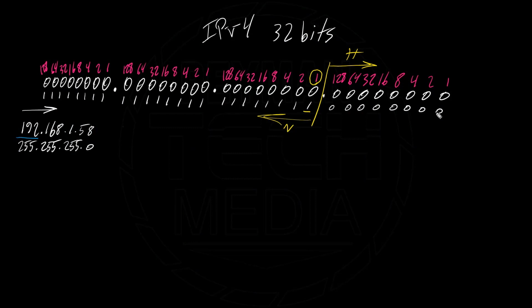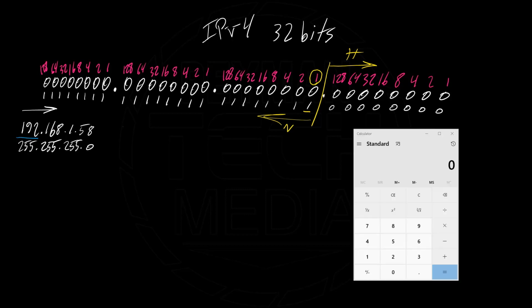Okay, so let's write down the network address, for which we also have the ANDing formula. Basically, we convert the IP address and the subnet mask to binary and then apply the ANDing formula, and the result is the network address. So to show you, if we convert this IP address to binary,